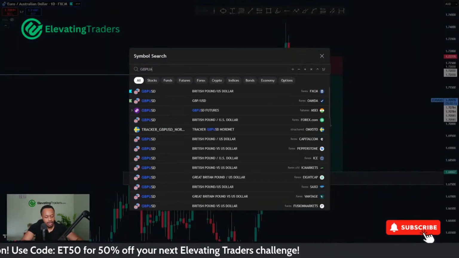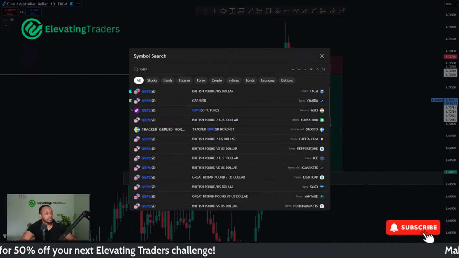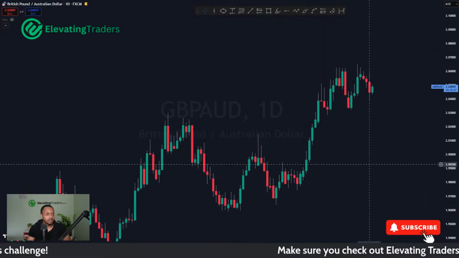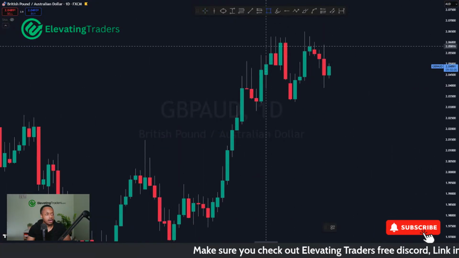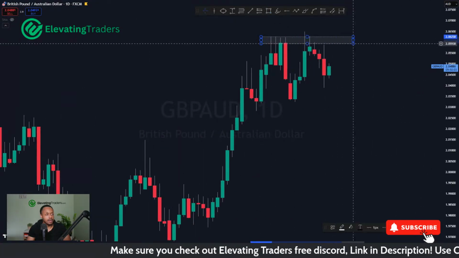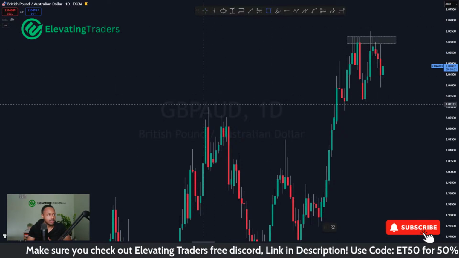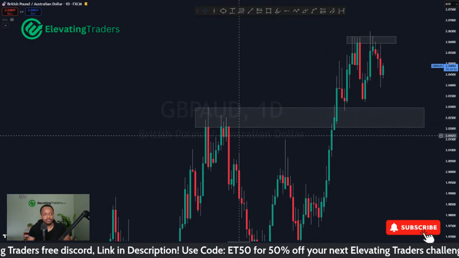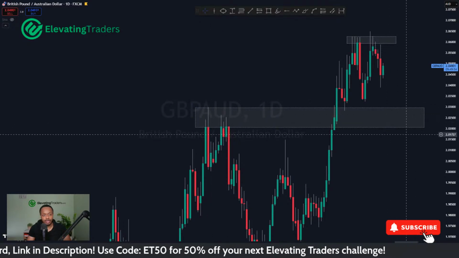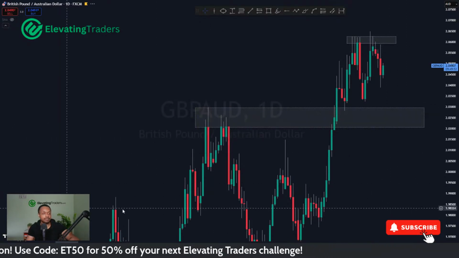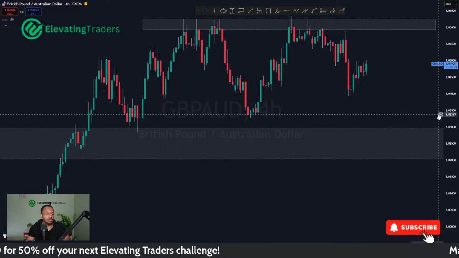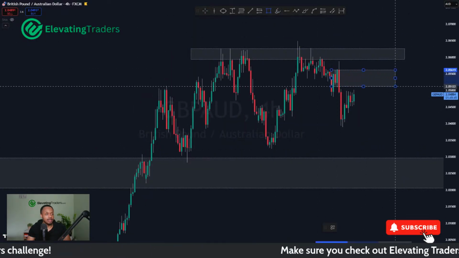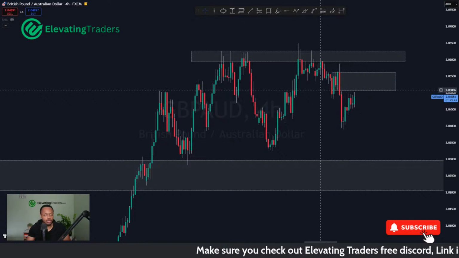In terms of pound Aussie, I'm pretty bearish on this one as well. Respecting the high pretty well, and I do think we can at least come back and test the prior high here, which is prior resistance turned support here at 2.025. I do still see us getting there. I mean, we are coming into some supply here on the left. That might be a nice place for a short.